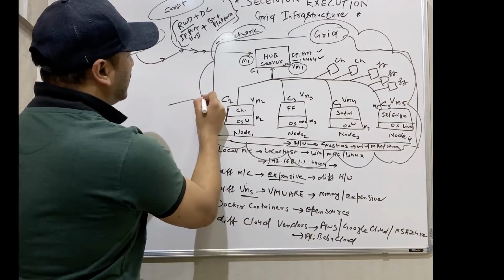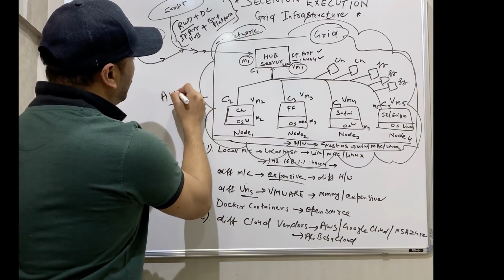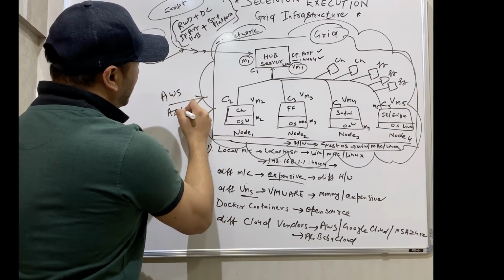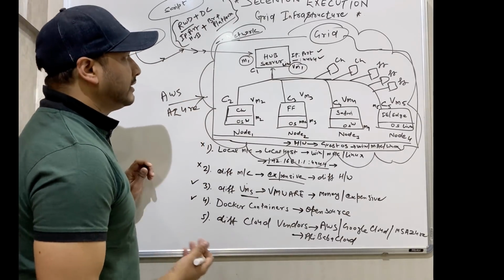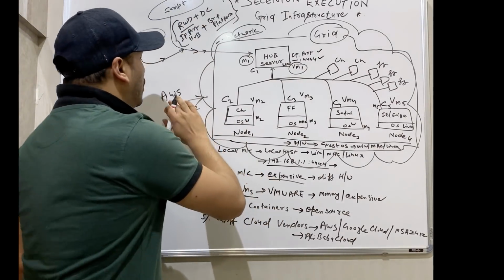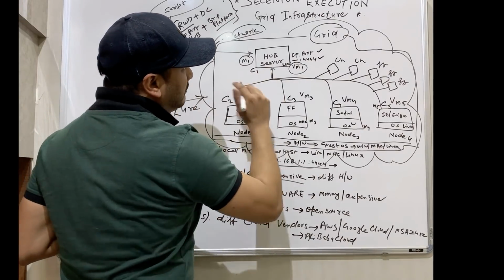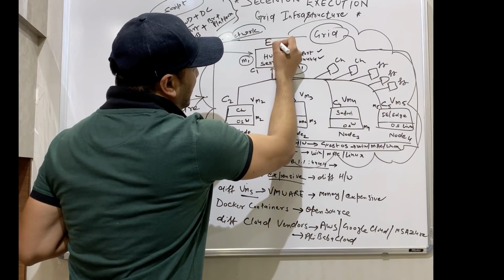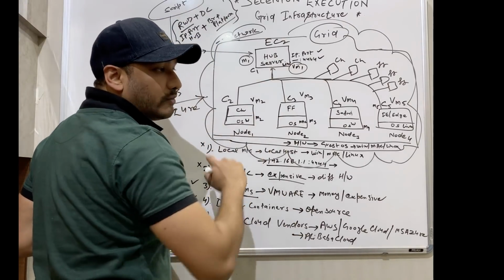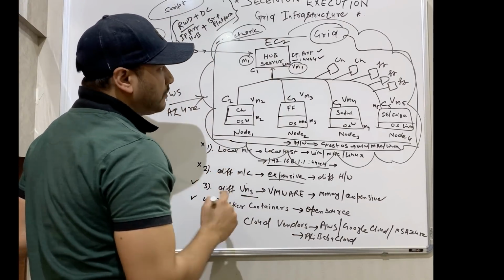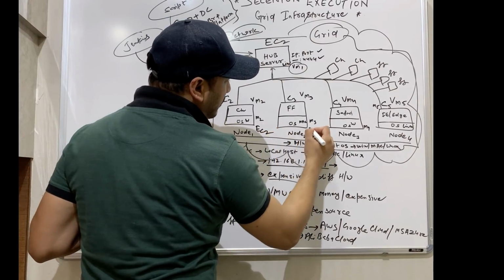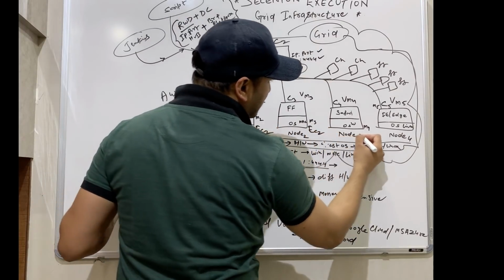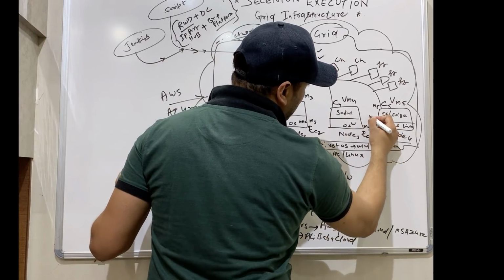And what is the cloud? The cloud could be anything. It could be AWS, it could be Microsoft Azure, whatever. So ultimately, that's the same thing. Let's see on AWS, Amazon Web Services. This is the instance. I will take it from EC2. You can watch my video on EC2 instance. One instance is there, and let's say I'm creating one more instance of EC2 like that. So multiple instances you can create from the EC2 service.